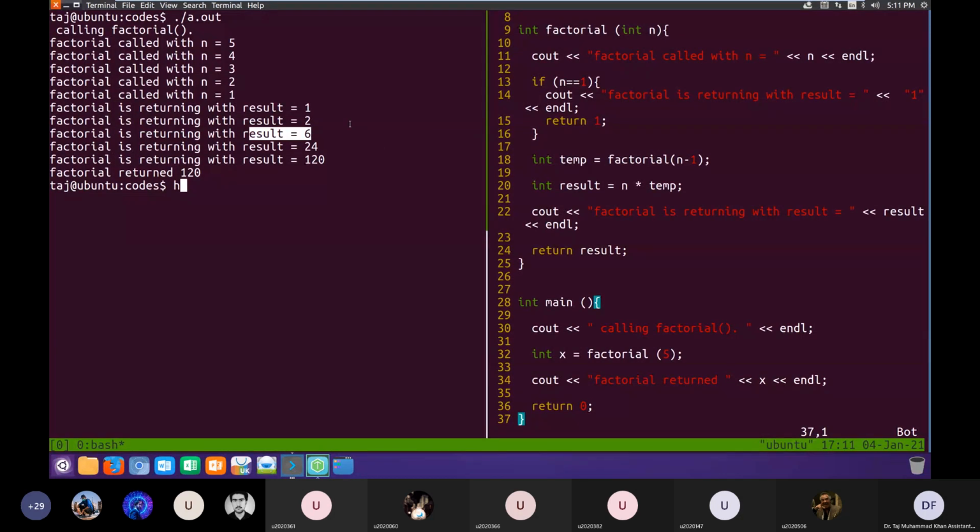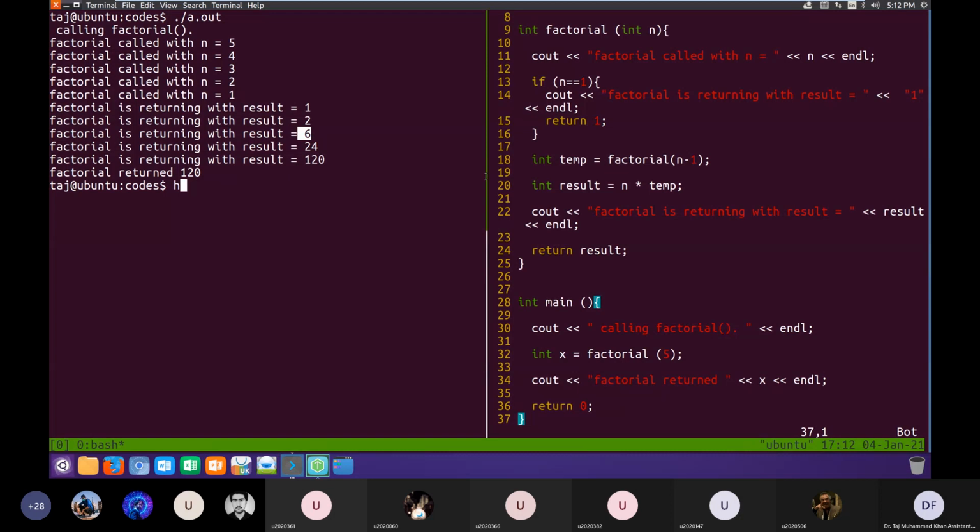Where will this be returned? Again, there are still 2 calls open to factorial that have not finished yet. So the fourth last call, which was the second call, had n equal to 4, and it had called on its line number 18 factorial 3. So factorial 3, the third last call, will return here in the fourth last call, and factorial 3 will be replaced by its return value, which is equal to 6.